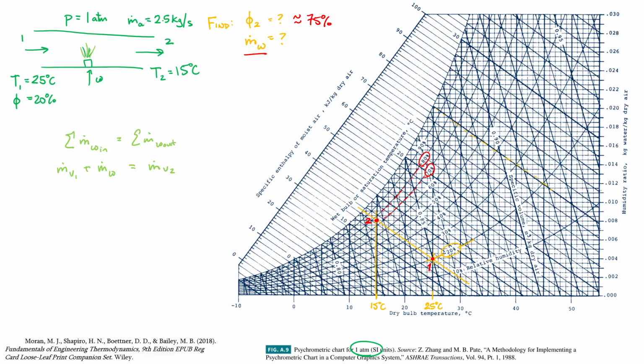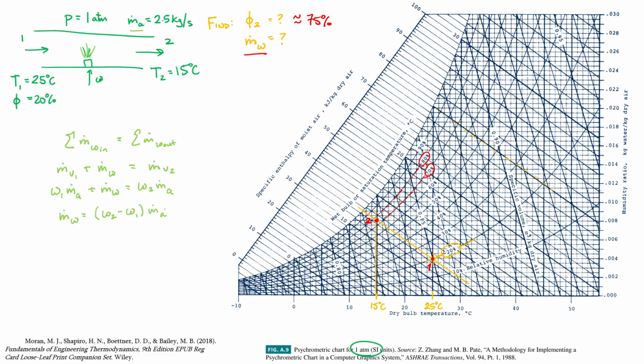Otherwise, this is an unsolvable problem. I have the mass flow rate of air, and I can change these mass flow rates of vapor to be in terms of air, so I'm going to go ahead and do that. So omega 1 times m dot of air plus mass flow rate of the water is going to be equal to omega 2 times mass flow rate of the air. This is something that we just did on the other slide a second ago. We can say that the mass flow rate of the water is going to be equal to omega 2 minus omega 1 times the mass flow rate